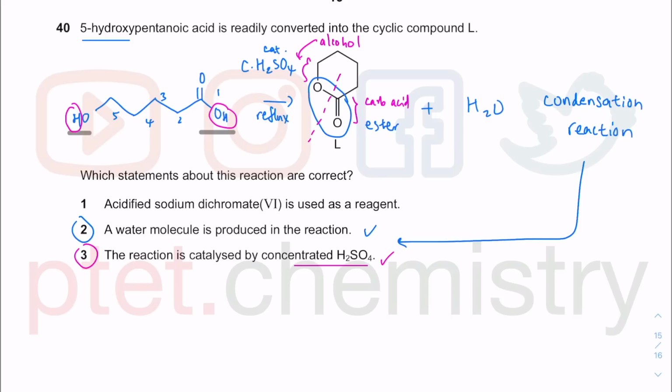Acidified sodium dichromate is used as a reagent. Nope, this is not oxidation. This is a condensation reaction between the carboxylic acid and an alcohol there. So only 2 and 3 are correct. That's option C. We've reached the end of these 40 questions for this June